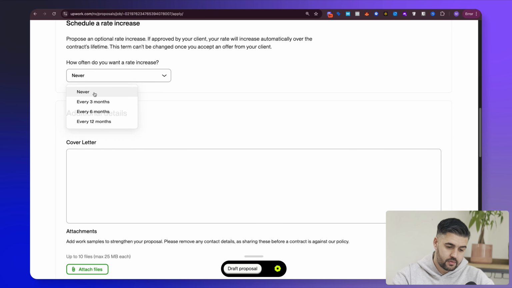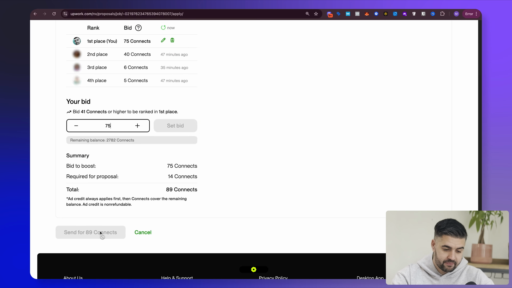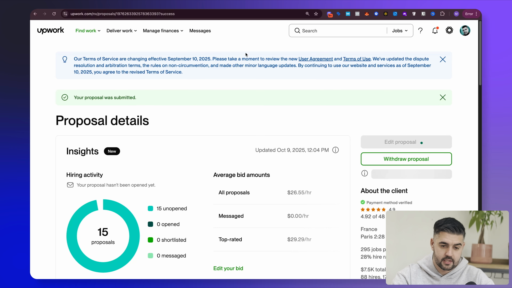Let's go through SIM, which is my hotkey, paste in the Loom, attach the individual testimonials to this, add an Upwork job, select the last one that was complete on Upwork. When it comes down to connects, I'm going to bid at 75 connects, and I'm going to submit. And then I'm going to do one more after this, and then I'm going to run you through some more key tips on Upwork in terms of what the next steps are.